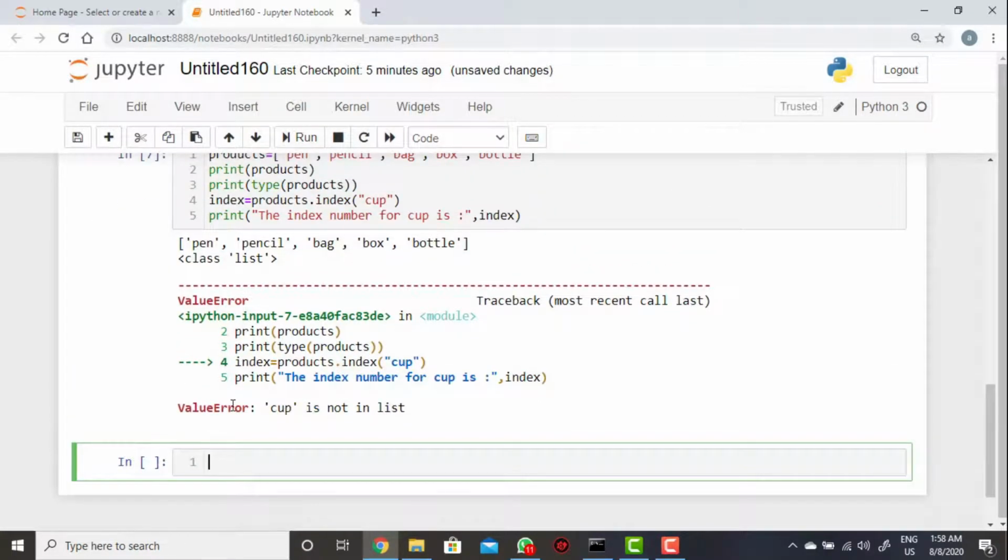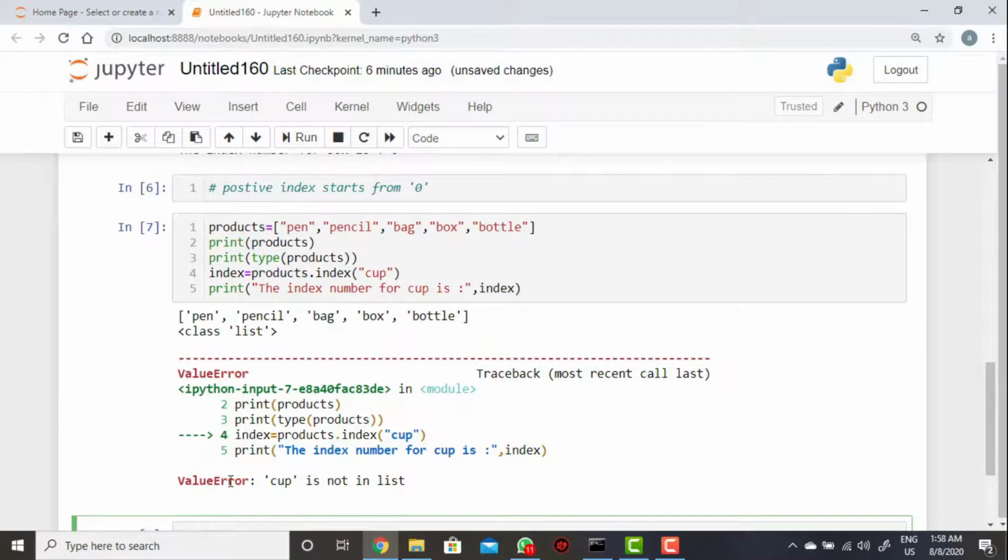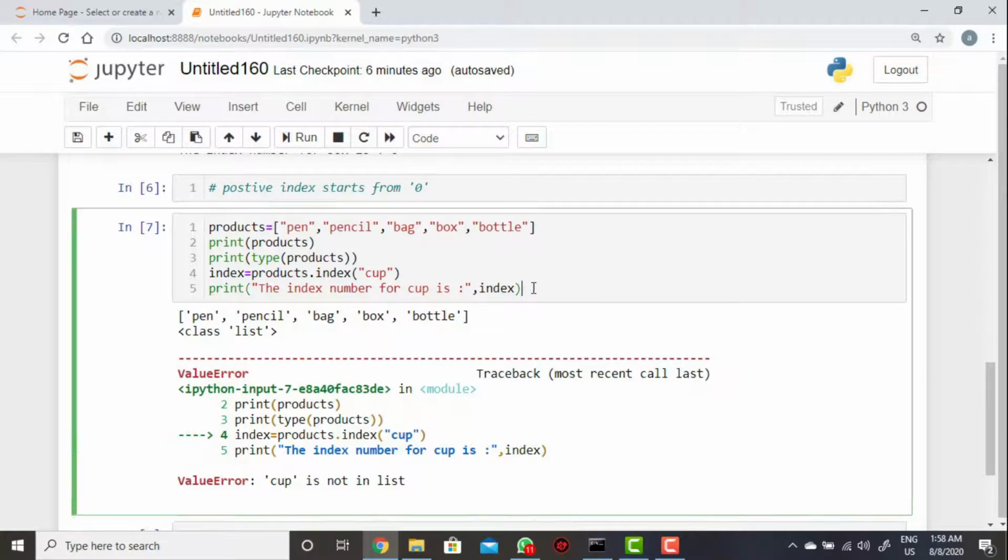So it is a value error, because we are trying to find the index number for a cup, and that value is not present in the list data structure. That's why it is showing an error here. The cup is not in the list. So what we need to do? We need to find the value which is present in the list itself. Otherwise it will throw an error.